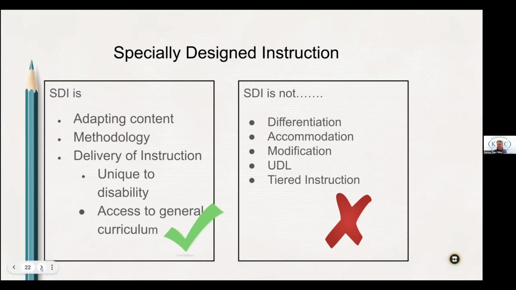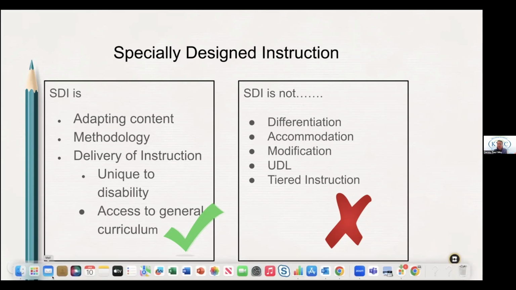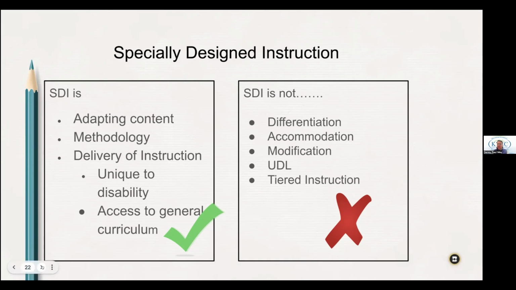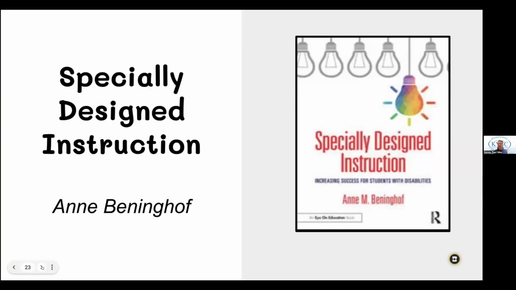But when we do specially designed instruction, we can jump over and grab things from the right-hand column and help to bolster what we're providing for our students. Universal design, tiered instruction, and evidence-based practices are where we need to be focusing our attention. And as principals, we need to think about, can we identify evidence-based practices? When we go in those classrooms where special education teachers are co-teaching, what are their responsibilities? Are they just accommodating, or are they really having a plan to extend that lesson? And then we're going to get into it.